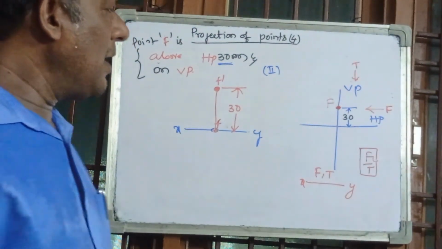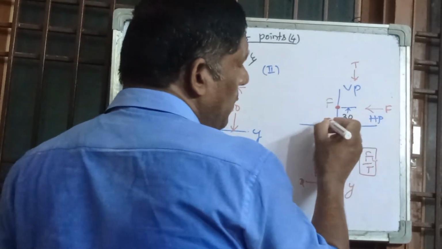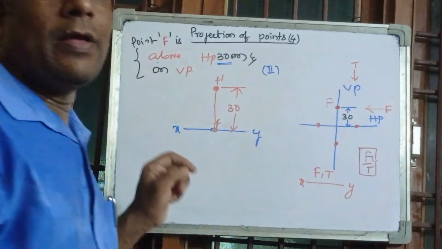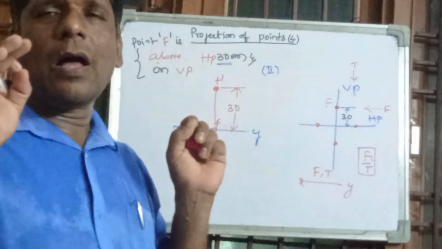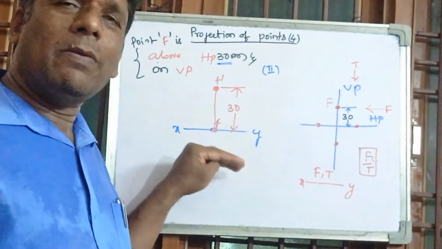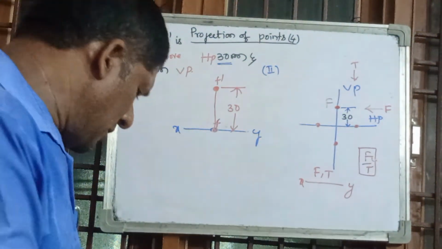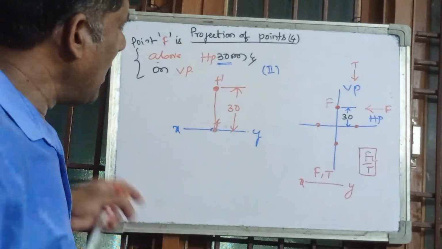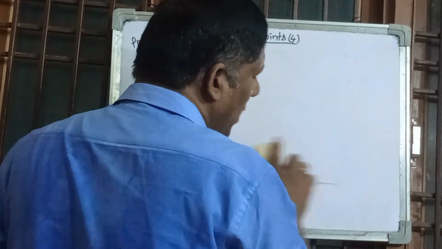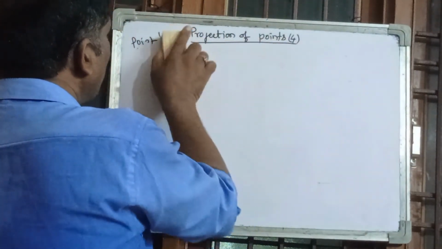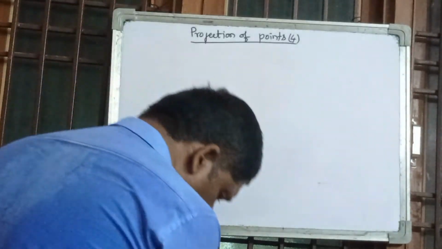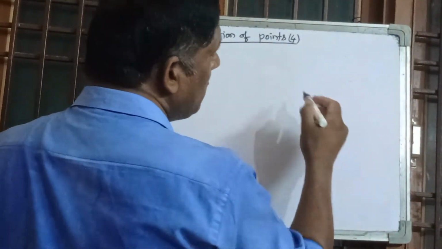So like that, if the point is on HP or on VP, wherever it may be, directly you can solve the problem. Like that, 2 to 3 problems we solved on this. So I think you got a clear idea about this. And the last point here in this projection of points, I will give clarity. Another point: sometimes in examination,